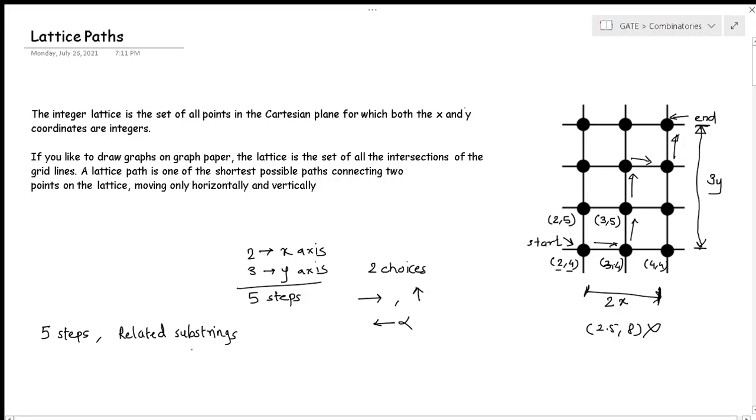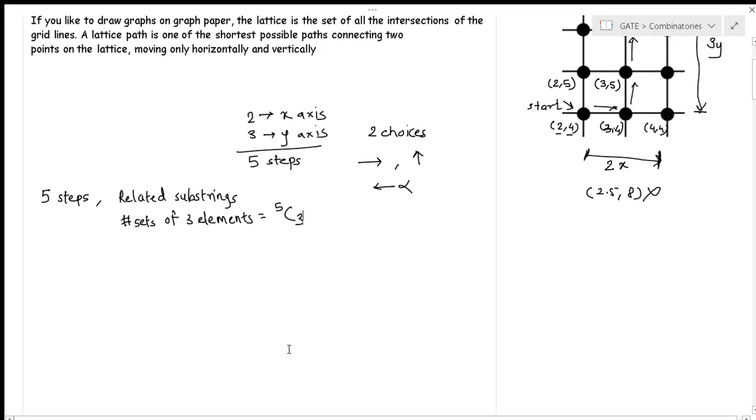There we saw the number of sets of 3 elements we got by the logic of 5C3. Now how does this relate over here? Let's think in that direction. So if I want to reach my target node,